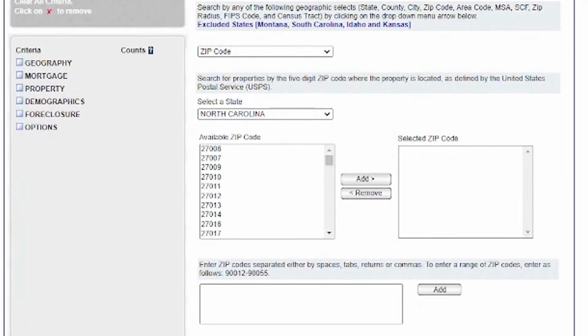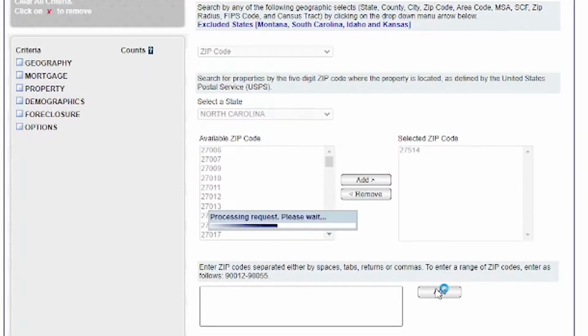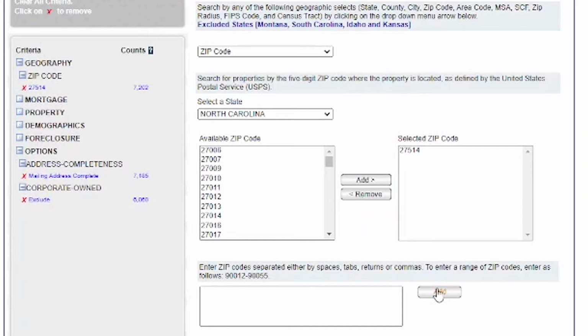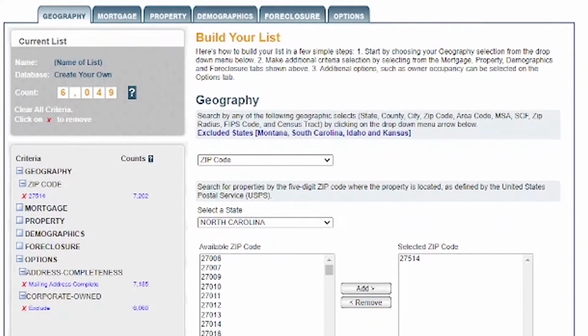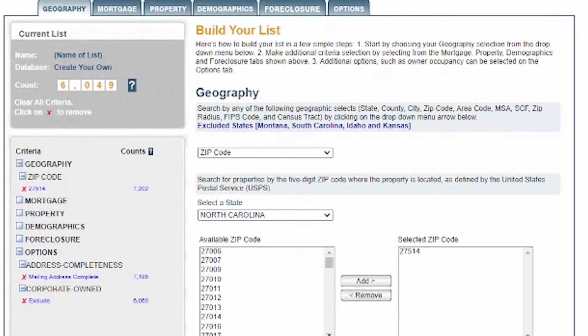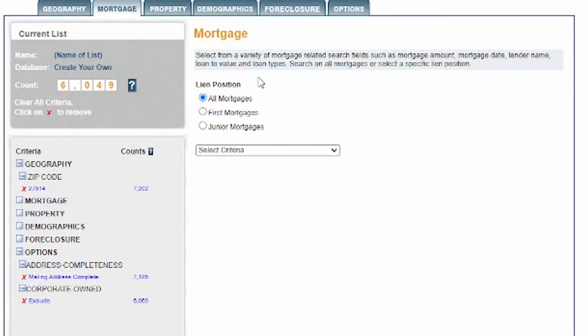And instead of going through that whole list there, I'm just gonna go down here and put 27514 and then add. Okay, all right. So we put in our geography. Okay, the next tab is the mortgage. Now here you don't need to do much, so we're gonna leave it at all mortgages and go to the